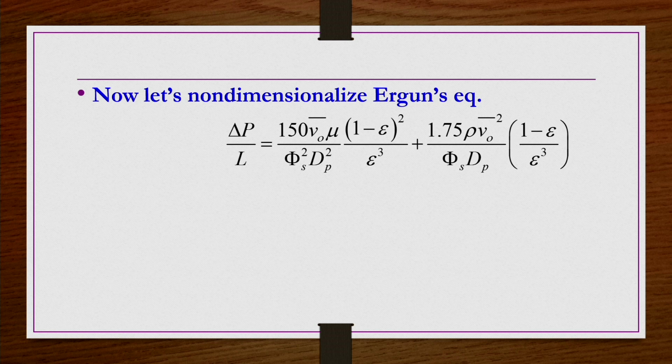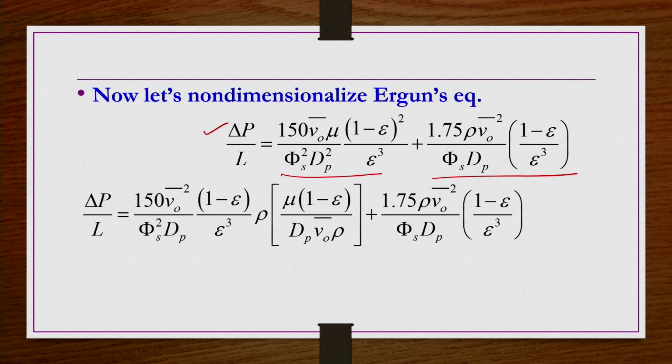So, this is the Ergun's equation that we have seen, which has the additive contribution of both viscous losses and kinetic losses. This is the viscous loss part, this is the kinetic loss part, and this is the total overall pressure drop. So, the overall pressure drop has the additive contribution of the viscous losses and the kinetic losses. Now, this equation we are going to rearrange.